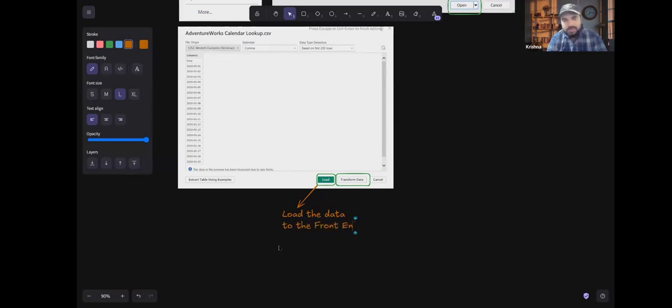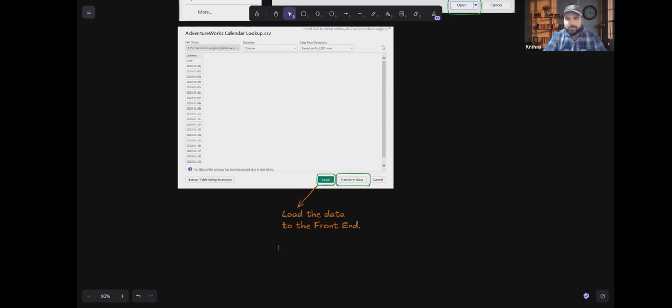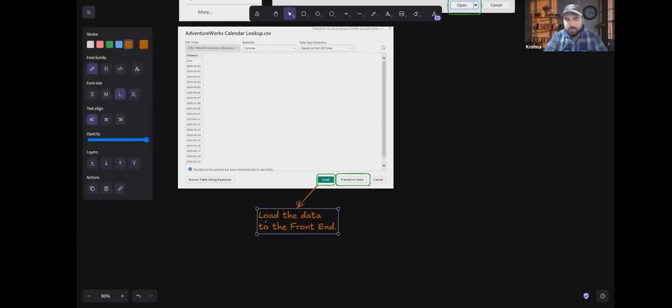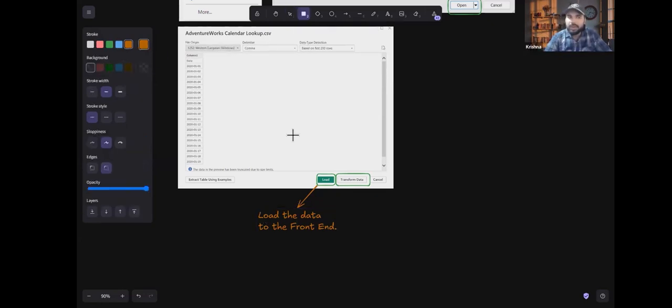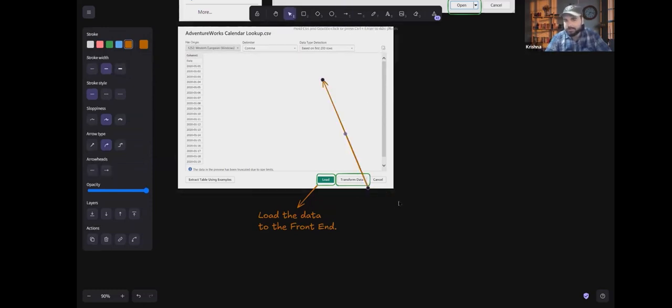We have checked the workflow initially. We have already recently gone through this step that we never load the data to the front end. We never go with it. We always go with the first stage, go to the back end. Yes, remember the first stage. We have to go to the back end, so we need to click on this Transform Data.